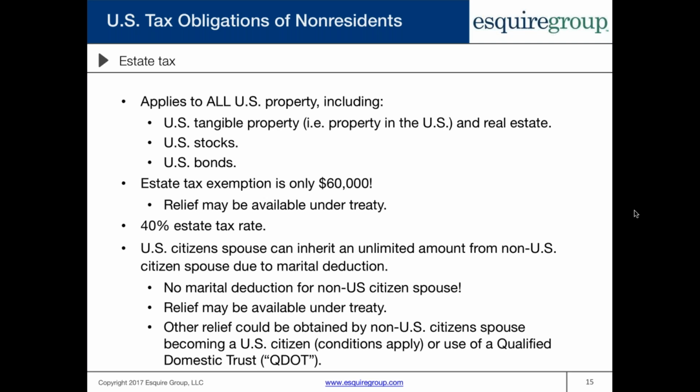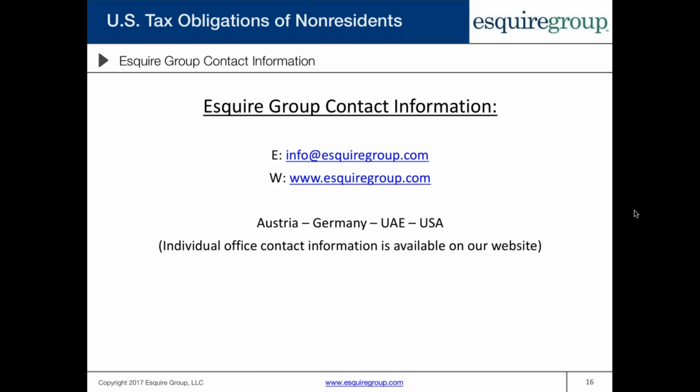There's also some other relief that's available. For example, if the non-U.S. citizen spouse became a U.S. citizen, then they could possibly qualify for the marital deduction. You can also use what's called a qualified domestic trust, which basically delays the payment of estate tax. So that brings us to